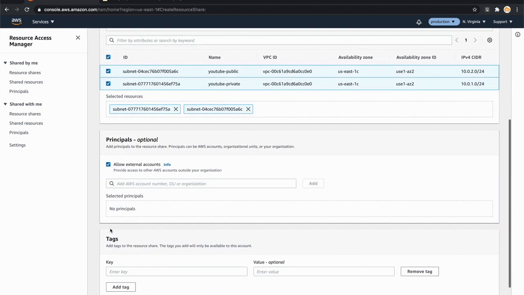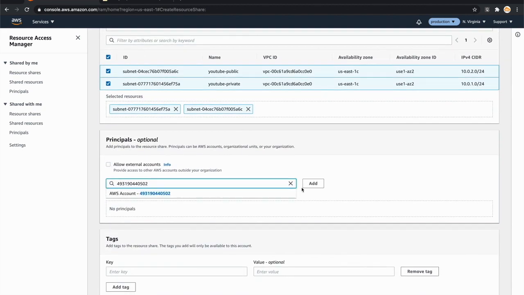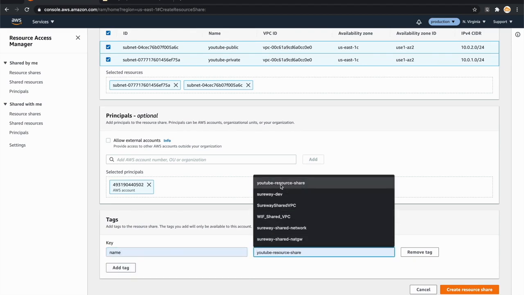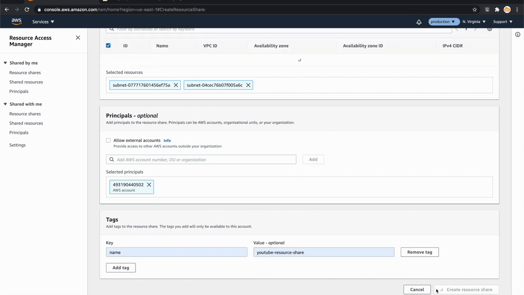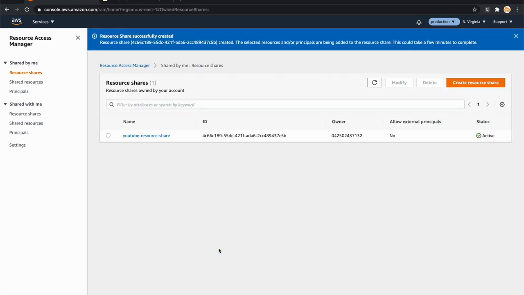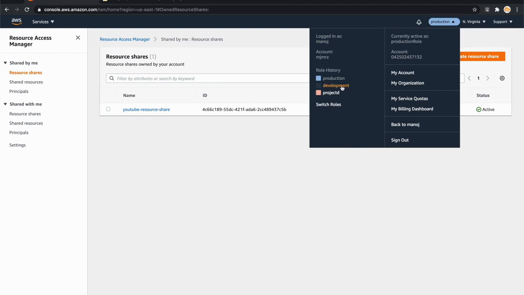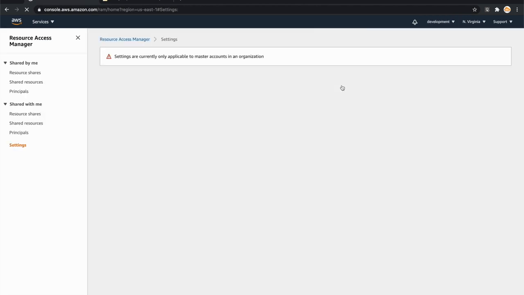So let me repeat the steps again. Okay, I disable external accounts, add the dev account and tag. Here you go, and now let's try again. That's perfect. So it is now created. Now I can go to my development account. See, actually I can see those shared networks, or the shared subnetworks. So let's go to development account